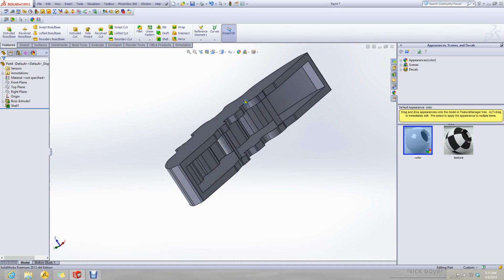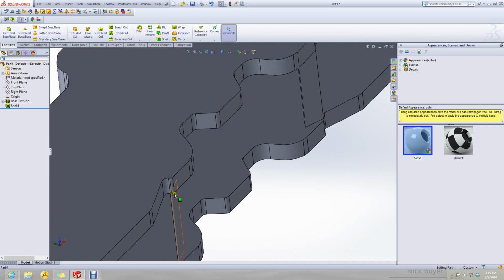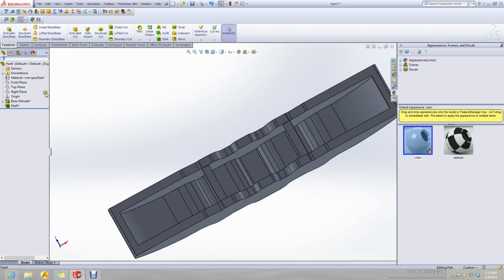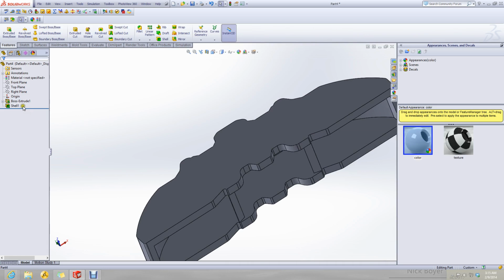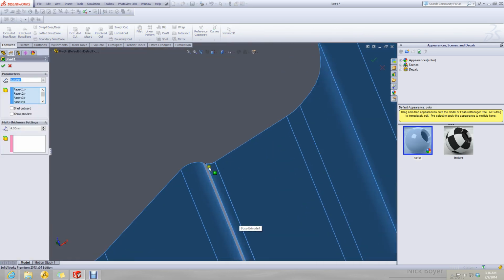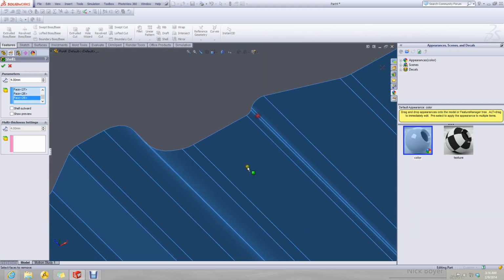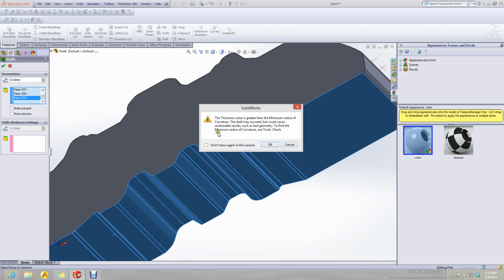Okay, this is fine. Why this remains? I think I forgot selecting it. Yeah, here it is. On the other side it is here. Let's shell it.